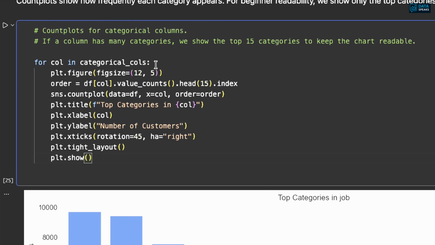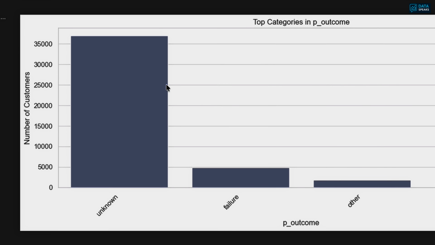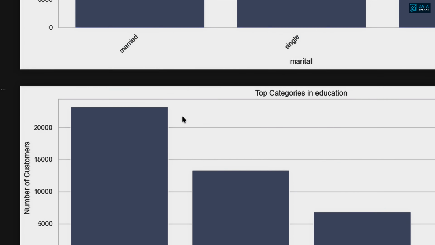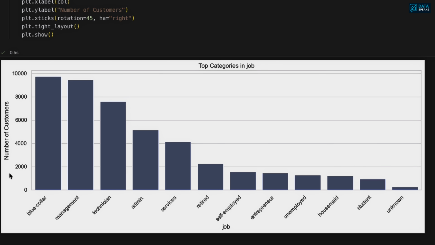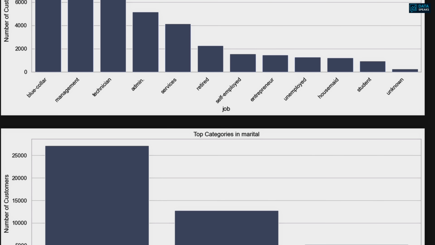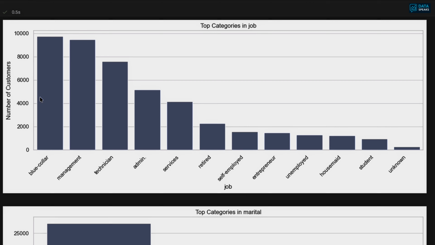For example, here, I'm running a for loop on all of those categorical columns. I'm plotting and I'm building the count plot from the value counts. And here I'm just giving the label, title, etc. So if I run that, now I can see all of those categorical columns and their value counts or unique counts of each category of those columns, including job category. Most of the records in our data set are for blue collar jobs, and those are close to 10,000, and here management, technician, admin, services, retired, and the least frequency is for unknown and those student,